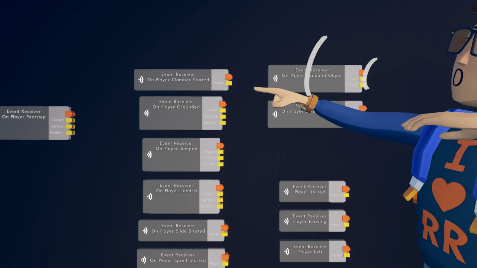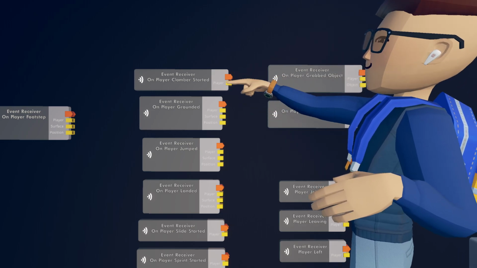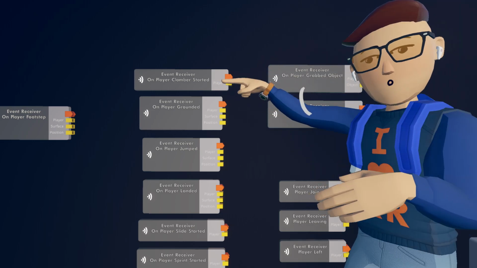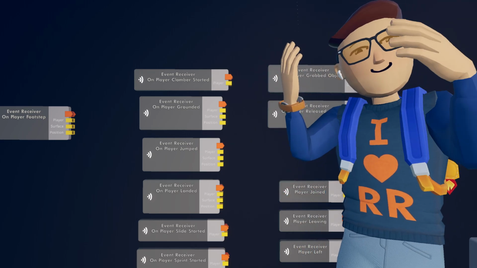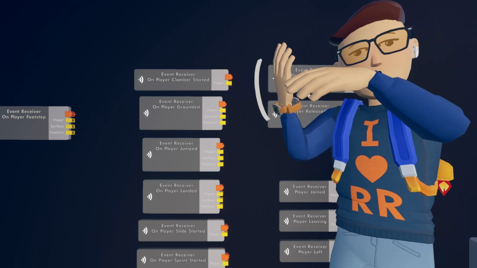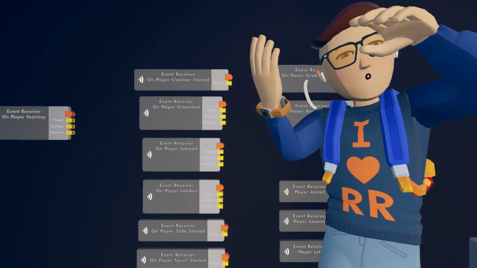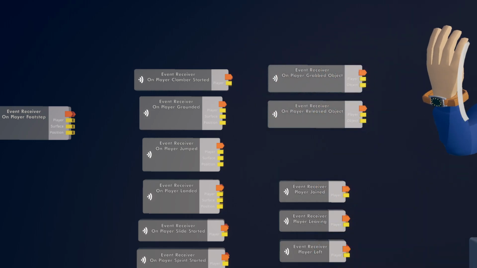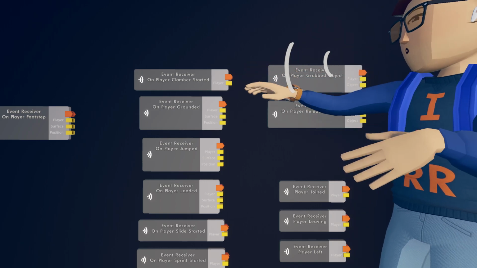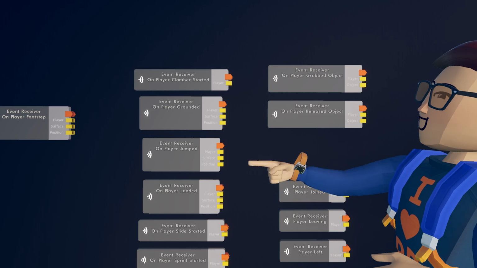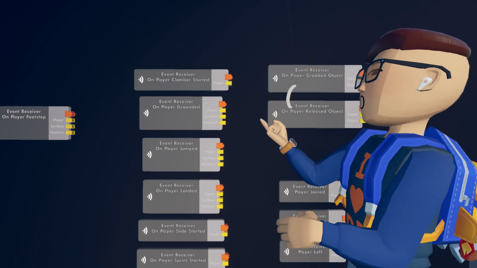So firstly, we have on player clamber started. This will run. The little orange exec will actually fire, and it will have a player port of who is doing the clambering. Clambering is when, like, if you have a cube and you jump up against the edge, and you know how your character pulls itself up off the edge, like Rylogix is doing it there. You get pulled up onto the edge and it plays that little sound. That's clambering. So this will run every time anybody in the room does that, and it'll tell you who's doing it. On player grounded. So similarly, this will run when a player in the room is grounded.